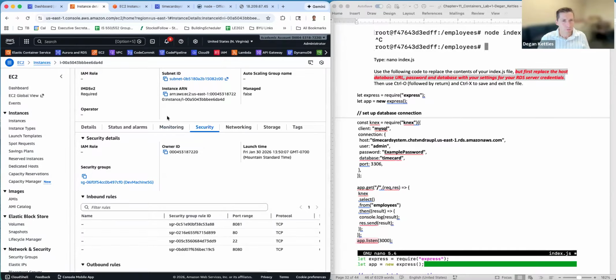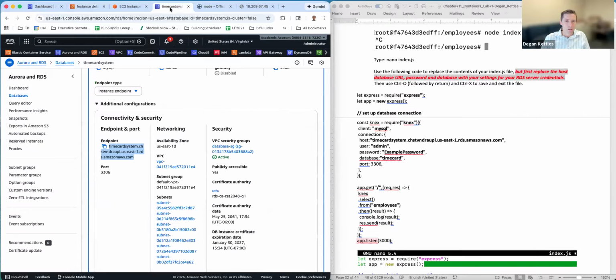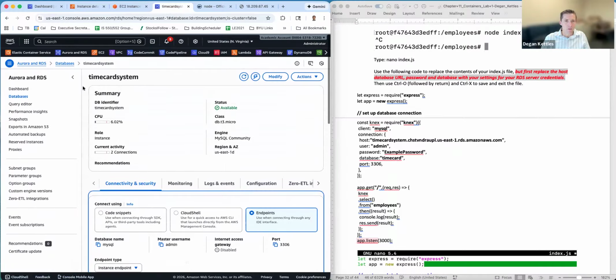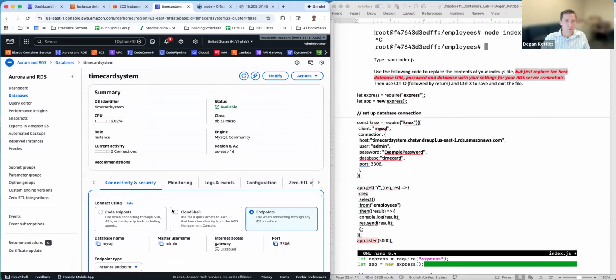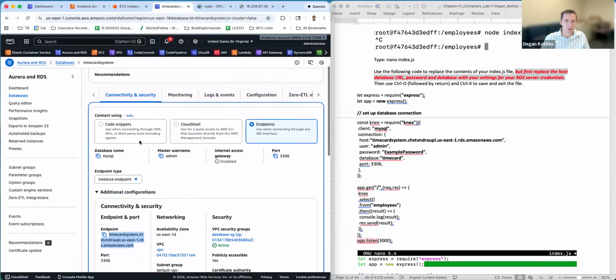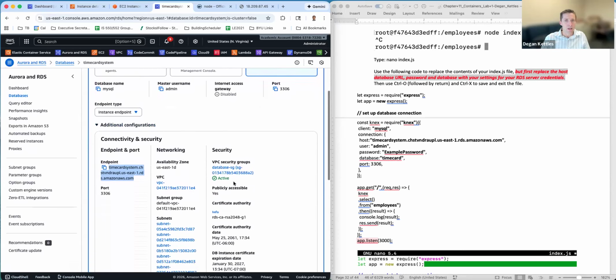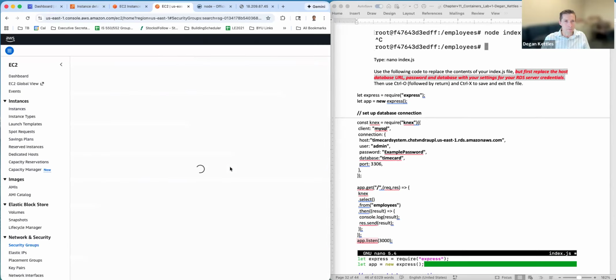We need to find the security group for the database. So let's go over here. On the RDS page for this particular database instance, if I go down to connectivity and security, this one is called Database SG. And if I click on it,